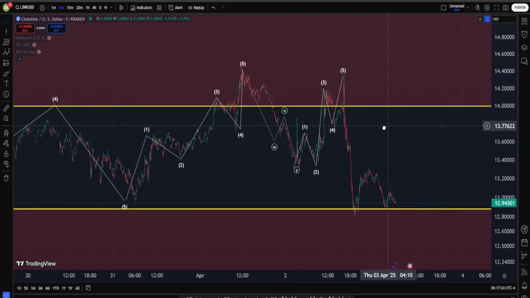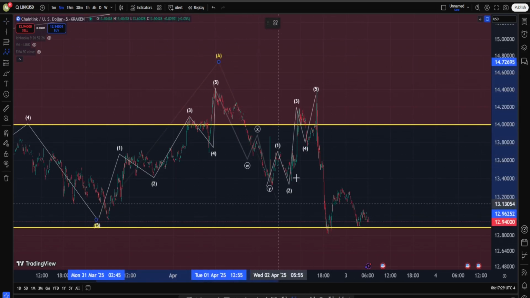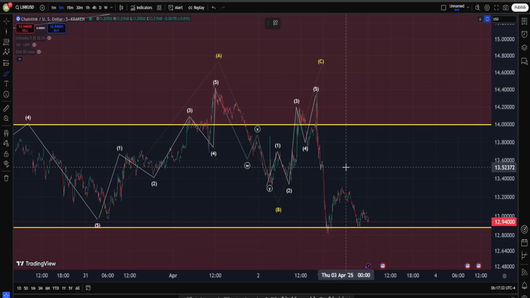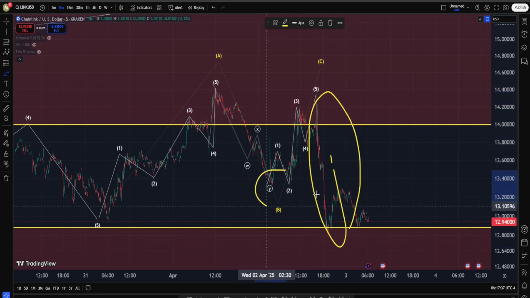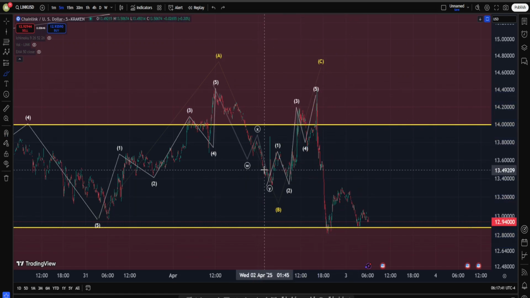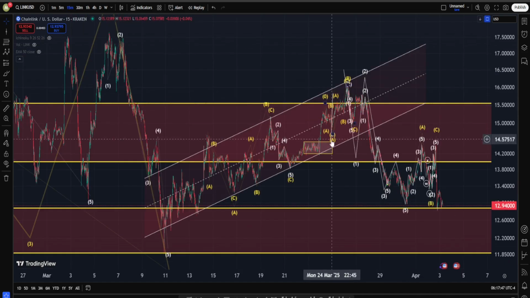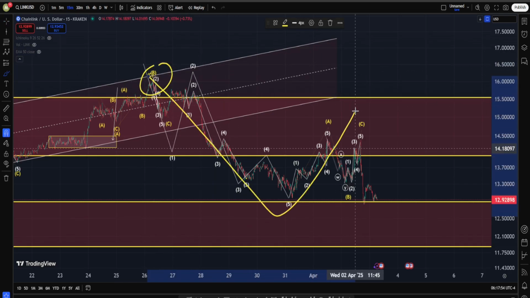And on a higher degree, these are the subwaves for an A, B, C zigzag, which, this is important, kind of got confirmed when we got this move down in Chainlink, and in it we took the low of our B leg, which is not a good sign. Why is that? Well, let's zoom out more and maybe go on the 15-minute chart. There we go. What do we have in here? Starting from this point, 5 wave down followed by that correction up,